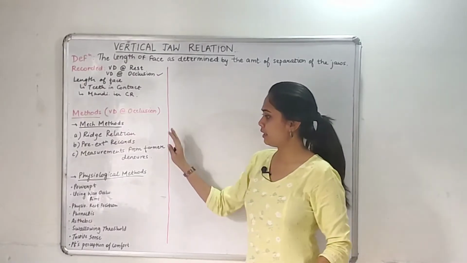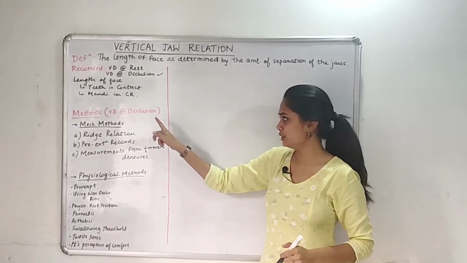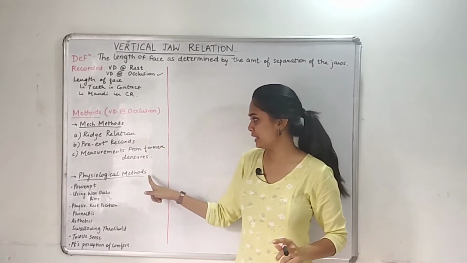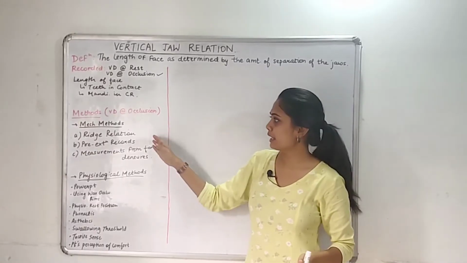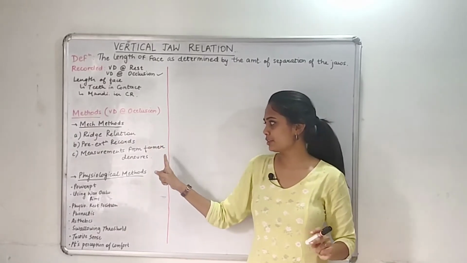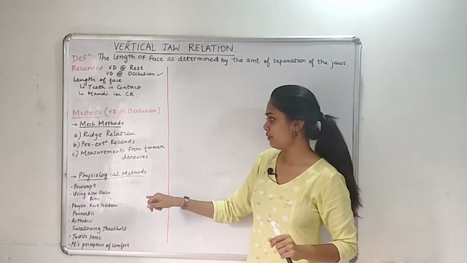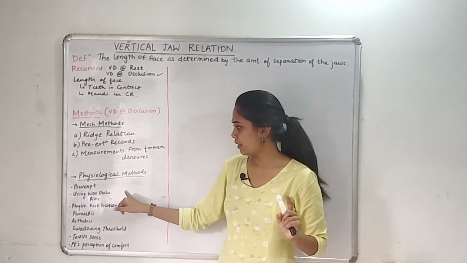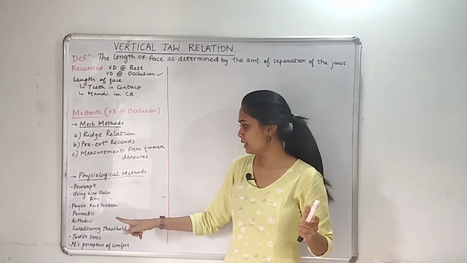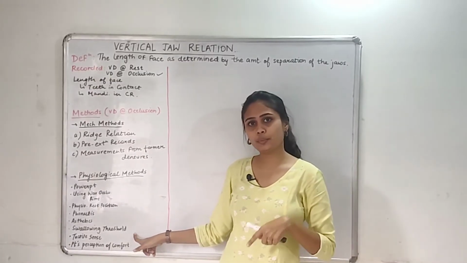Okay, so there are various methods with which we can record the vertical dimension at occlusion, and I have listed them. We'll just go through it. First, the mechanical method, and second, the physiological methods. In mechanical methods, we have to learn 3 points: ridge relation, pre-extraction records and measurements from former dentures. And in the physiological methods, we have Pow, then using the Willis occlusal rims, the physiological rest position, phonetics, aesthetics, the swallowing threshold, the tactile sensation of the patient and the